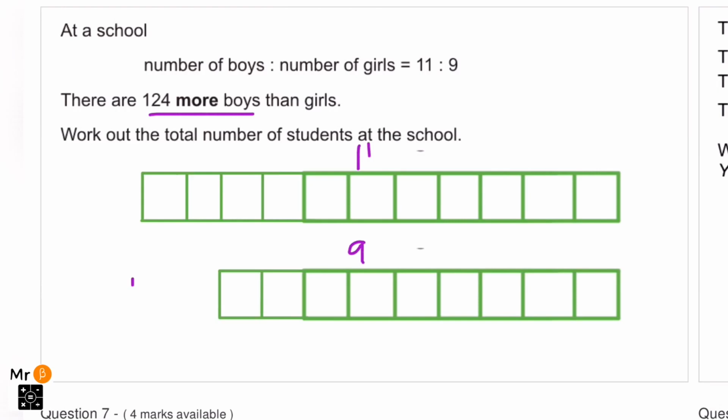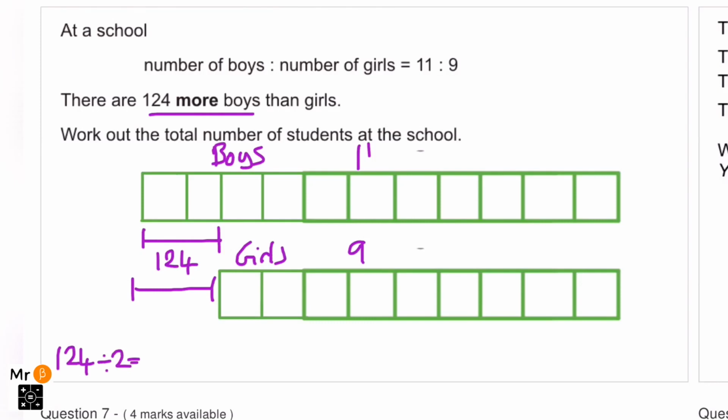So we need to have a look at how many more boxes there are for our boys compared to our girls. We can see that there are 2 more boxes here. That must be equal to this 124. So now I know that in 2 boxes we have 124. So if I work out what 124 divided by 2 is, it's going to tell me what goes in each and every box. Again, you can write these in if you like, but we now know that 62 goes in